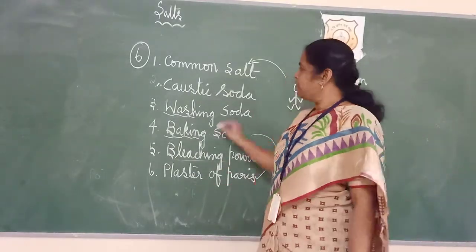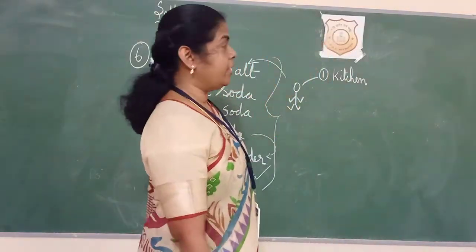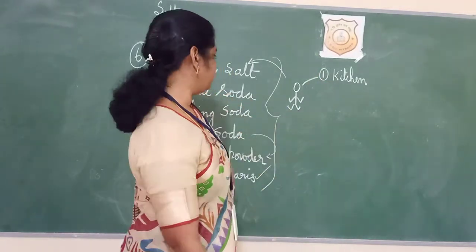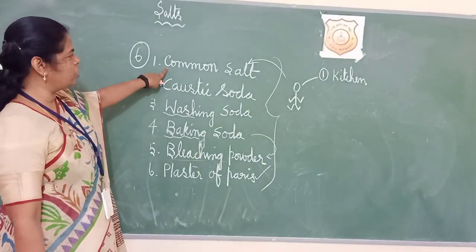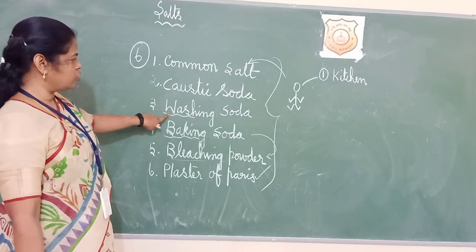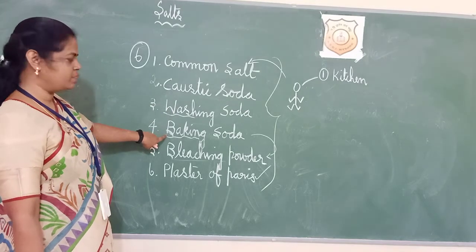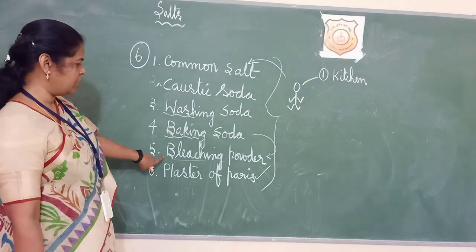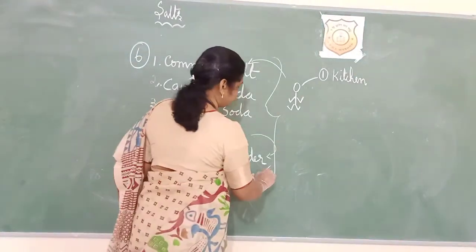This is the story. If you keep the story in your mind, automatically tomorrow when we start studying about the common name, chemical formula, preparation, then uses, it will be very easy for you. So these names are very important. Child went to get salt, dress was costly. Then it should be spilled and it should be washed. So washing soda. Then sweet fragrance came. It is because of the cake which is baked. Then he went and checked there some white color powder in the washroom. That is bleaching powder. Mother said to shut the child's mouth. So put a plaster and they all went to Paris.